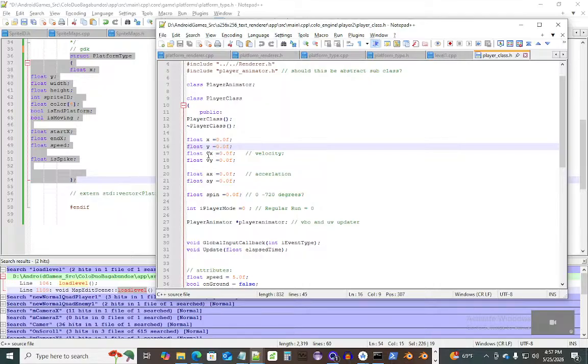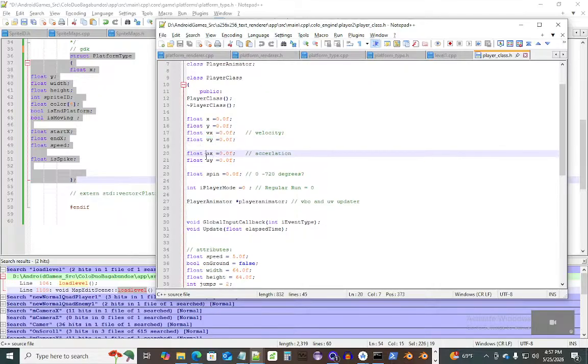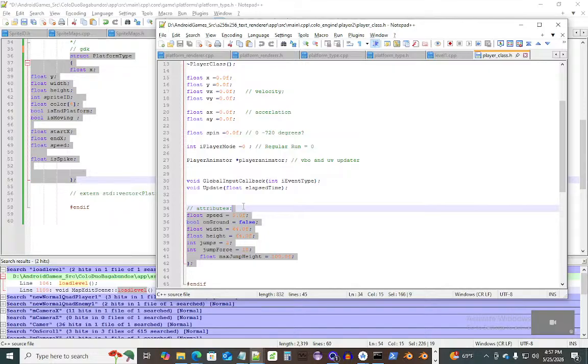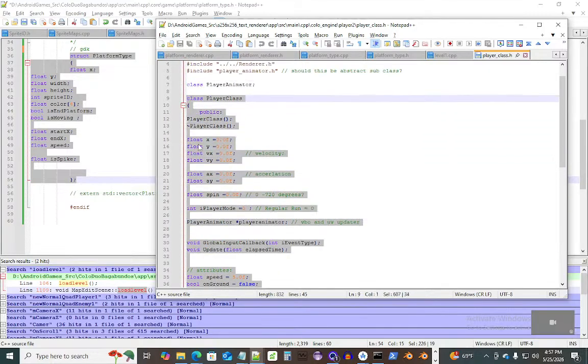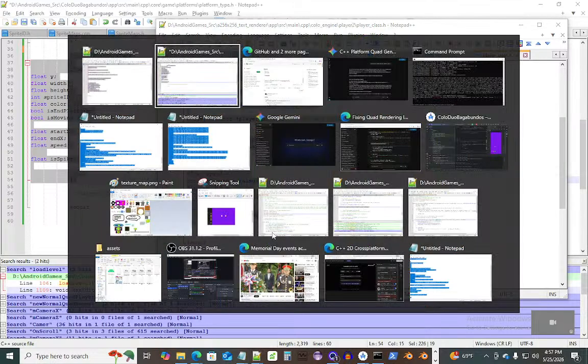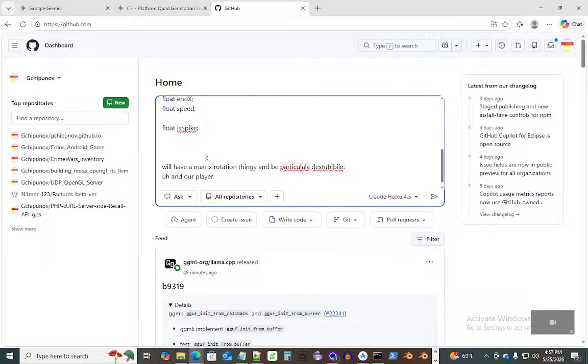the derivative, or the velocity and the acceleration, jump force, jump variables, max jump height. There could be a max jump height, and then this could get accumulated by a dx max jump height, which means the derivative or the velocity of the jump height. So you could have integrals or derivatives. What's the third derivative called? Or integral? Damn it, I forget. But anyway,